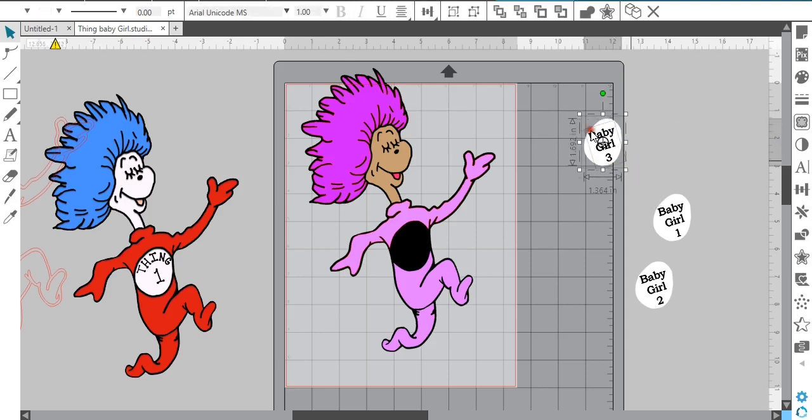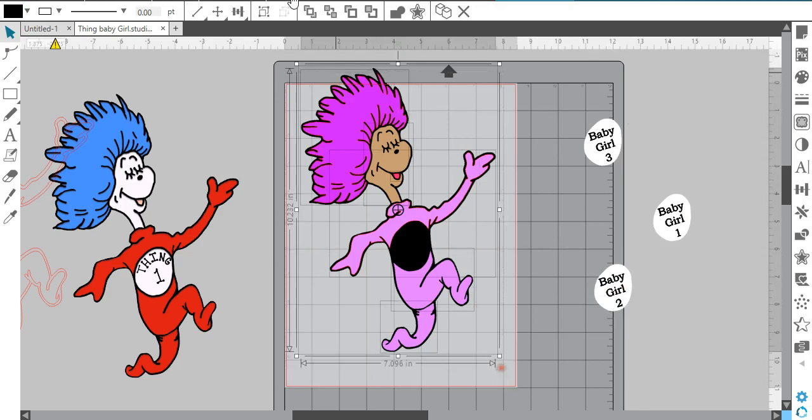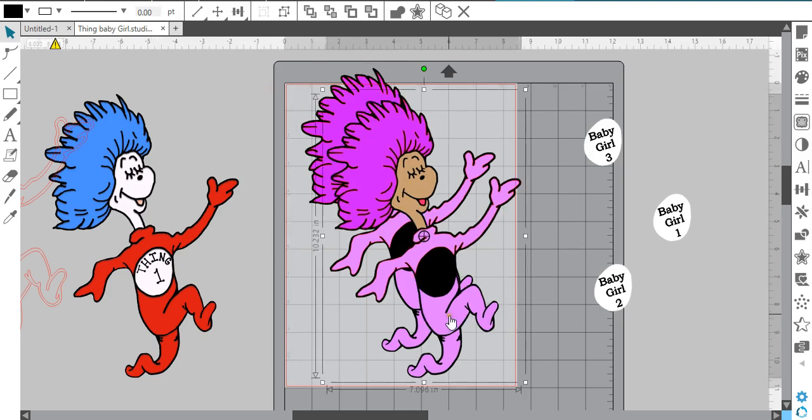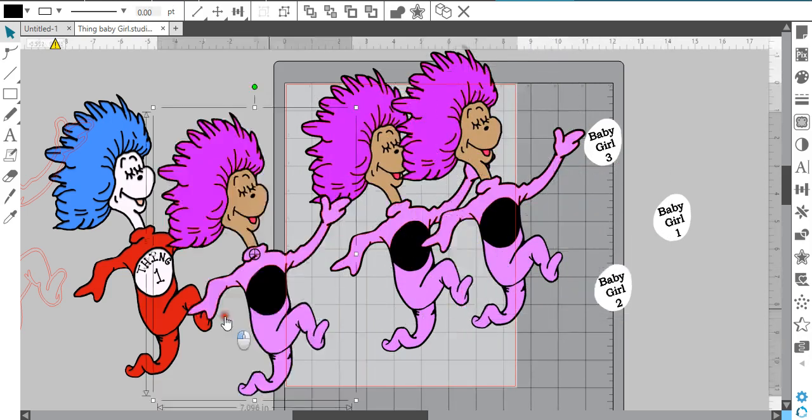And then now all you have to do is just group those together here, group it, go up to group selected shapes, and now you have where you can just copy this one as well. You can group that together and do a copy, paste, and now you have your 3